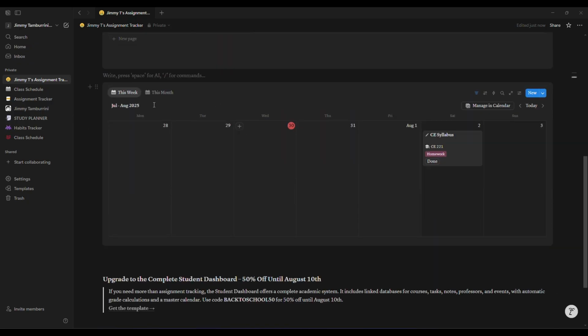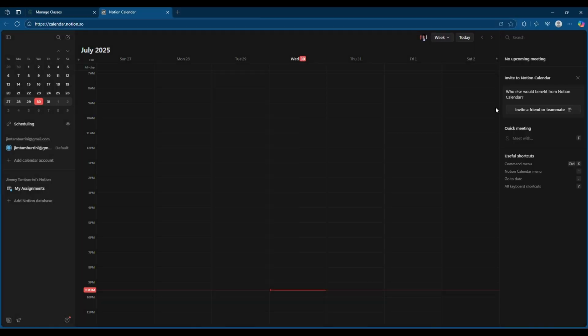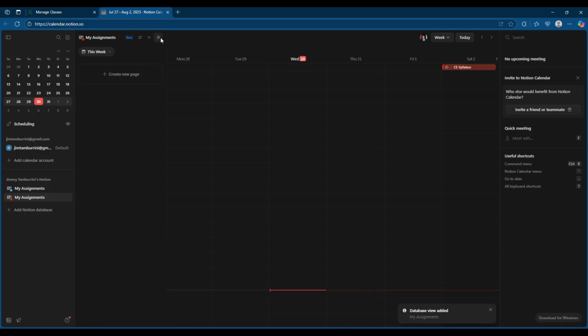And the coolest part about it is right below that, there is a calendar that shows when your assignment is due. Now, the cool part about that is you can click Manage in Calendar. This is where it gets pretty sweet. It's going to take you to the web page, but it's adding your database. It's added. Look at that. It's right there. In your calendar. Isn't that amazing? It's in your calendar, and you still have